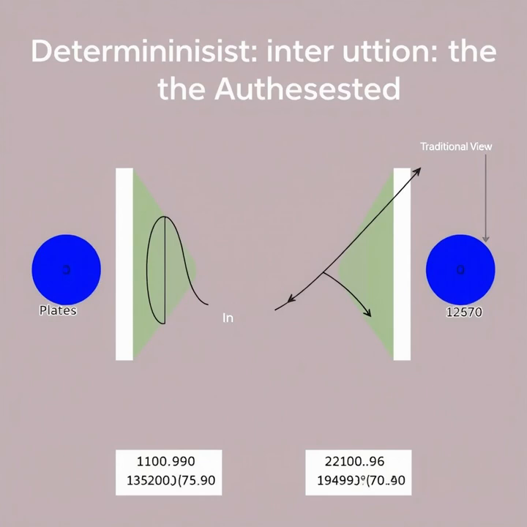The regularization and integration of the energies result in the well-known equation E_C equals minus pi squared h-bar c A over 720 L cubed, which describes the attractive force between the plates. Deterministic force calculation. The Casimir force can be calculated as the negative derivative of the energy with respect to the plate separation, L. This yields the equation F_C equals minus pi squared h-bar c A over 240 L to the fourth, which is an attractive force between the plates. This deterministic calculation is in stark contrast to the traditional interpretation, which relies on probabilistic vacuum fluctuations and statistical